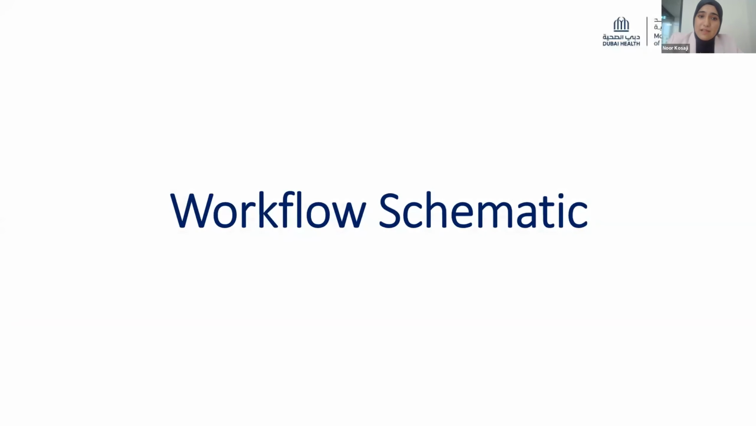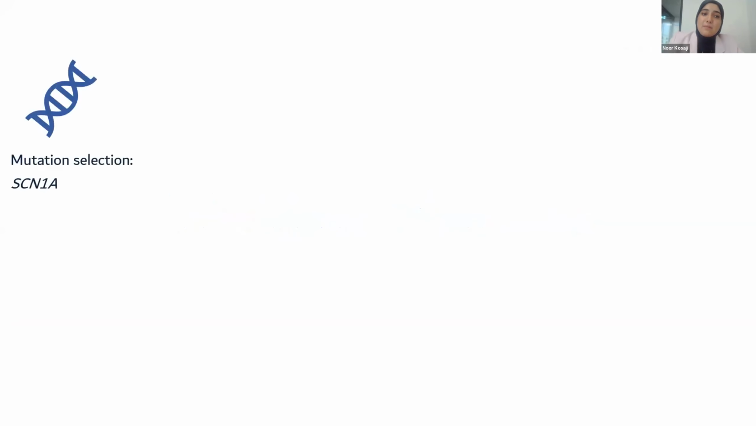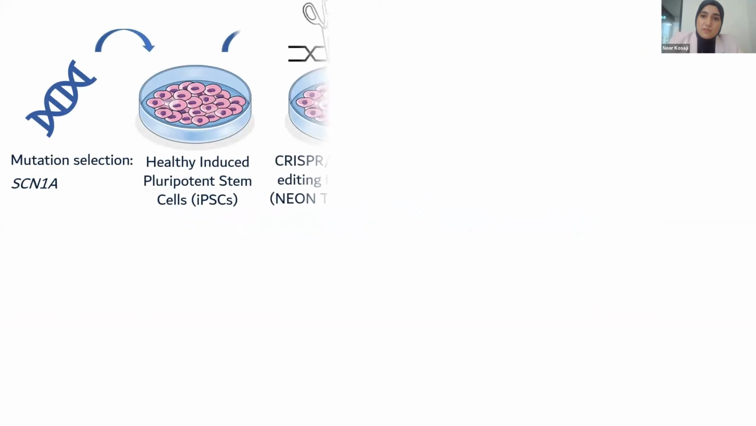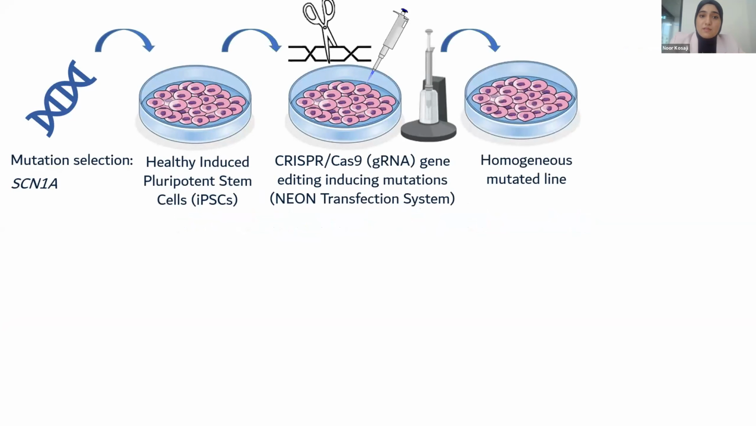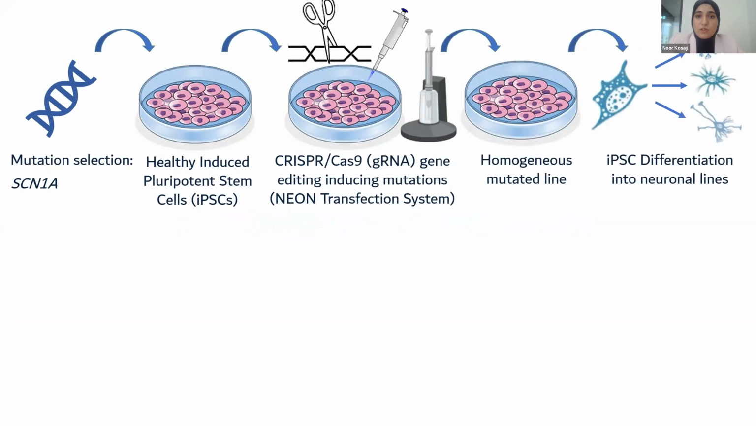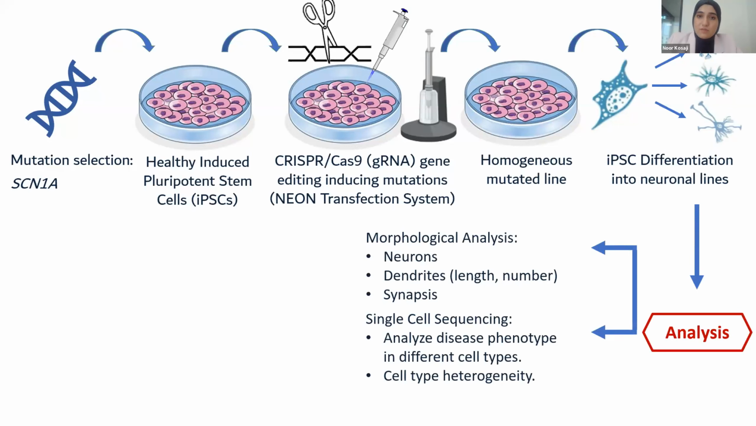As for my workflow schematic, I begin by selecting my mutation of interest within SCN1A. Starting with healthy induced pluripotent stem cells, I have transfected them using a designed guide RNA that will mimic a particular recurrent mutation. Those transfected cells will undergo serial clonal dilution to get to a homogeneous mutated line, after which they will be differentiated first into neural progenitor cells, and then eventually into multiple different cell types, neuronal cell populations, and subpopulations, which will then be analyzed first for morphology, looking at the neurons, looking at the dendrites,